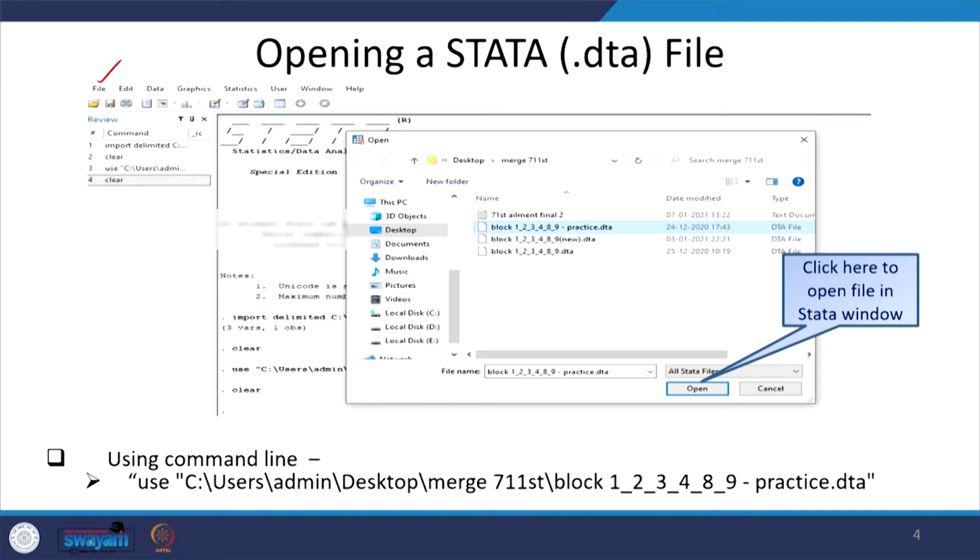Once you open it, it will ask where your data is saved. We have saved it with our file here. You can open it accordingly, then click open on your concerned data. Once you know this is what you are working with, it will be opened on your screen. Else, since we kept it in this folder, we can put this command with comma clear at the end. That will give you the right direction.